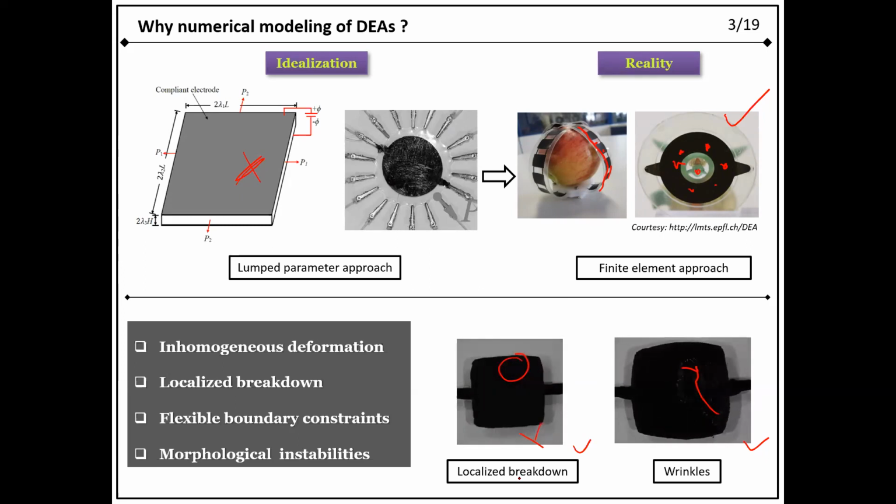Okay, so here this is the same case. The deformation at this point and this point are not the same. We can also capture this by using the finite element method. We can also capture the points from where it will undergo failure. What is the location where the dielectric breakdown will occur, and what will be the flaw? We can have that by using this method.